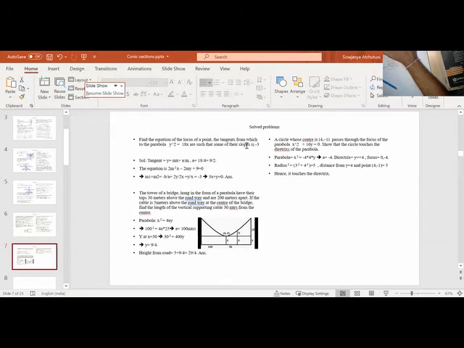So what is the sum of the slopes? m1 plus m2 is minus b by a, that is 2y by 2x, that is y by x, which is equal to minus 3. So the locus of the point, where the sum is minus 3, is y by x is equal to minus 3. So 3x plus y is equal to 0. So how did we get this?